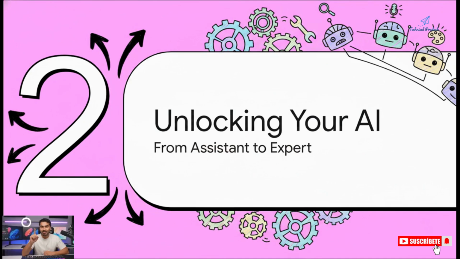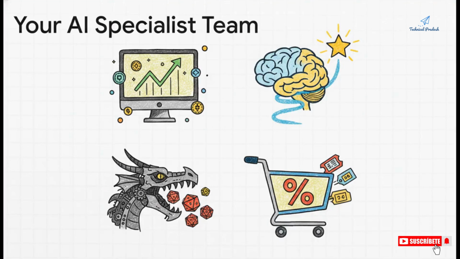And once you get the hang of this, that's when things get really interesting. You're not just getting cleaner answers anymore. You can basically turn your one general-purpose AI into a whole squad of specialized experts ready to go at a moment's notice. Just think about it. With the right prompt, your AI can suddenly become a crypto analyst, building you a whole investment plan. Or maybe a life coach, asking you these deep, thoughtful questions. Or hey, for fun, it can be your personal Dungeons & Dragons game master, creating an adventure as you play. Or something super practical, a discount hunter that actually finds codes that work. The sky is literally the limit.